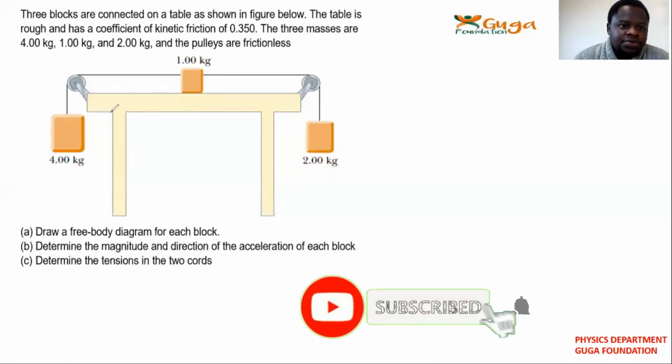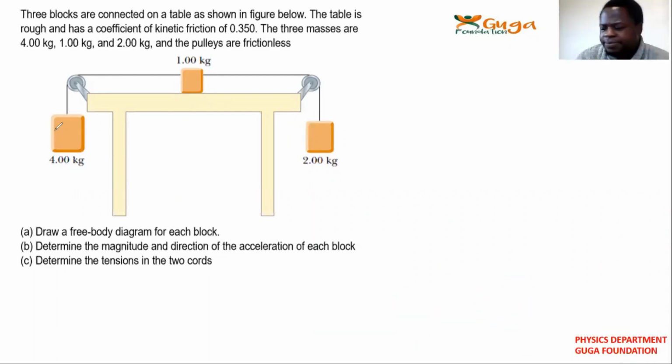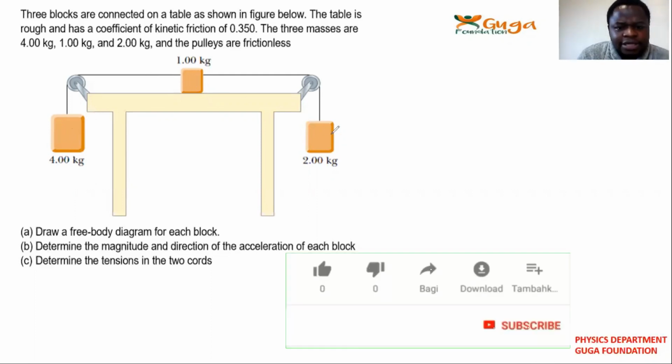So we'll try to enter this problem. Here you've got the mass of 4, and then the mass of 1, and then the mass of 2. So the first question is the free body diagram of each block. Now the free body diagram here, you'll have